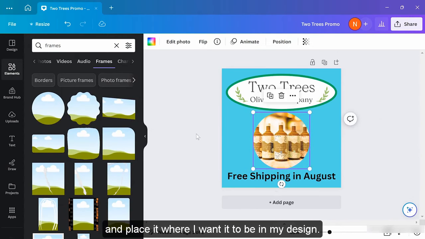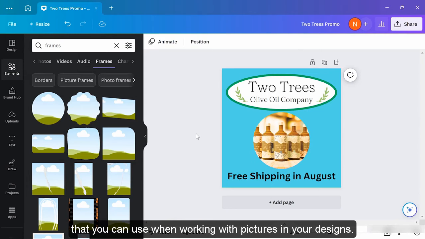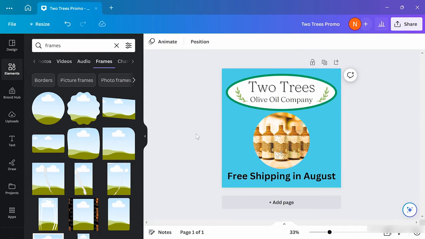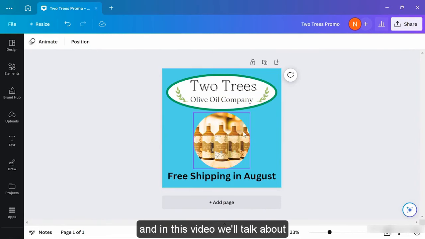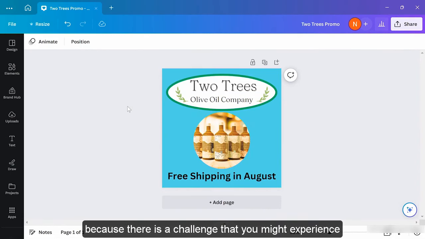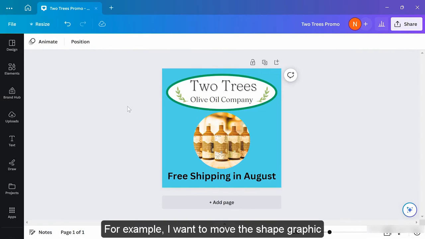So that's a quick look at some essential picture editing tools that you can use when working with pictures in your designs. I now have a Canva design with several elements on it. And in this video, we'll talk about working with the layer order because there is a challenge that you might experience at this point. For example, I want to move the shape graphic behind my text, so I'll click on